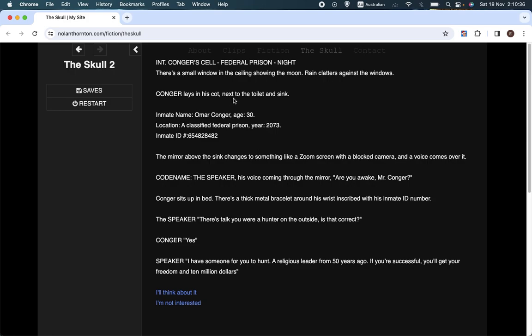I think most people would get it, even if you haven't studied screenwriting or anything. I think you probably get that Congas Cell is like a jail cell, it's going to be inside, and night, well, that's fairly straightforward. So I don't have a problem with that layout, even though it's quite unusual. Most of these are written in a sort of prose form, as if they're novels or short stories. I don't think that this layout is a big problem or anything.